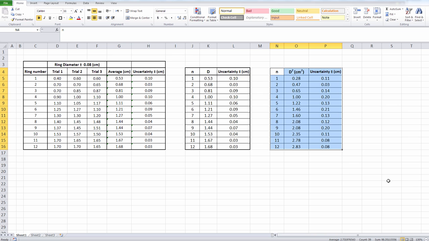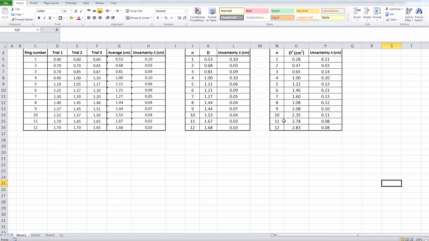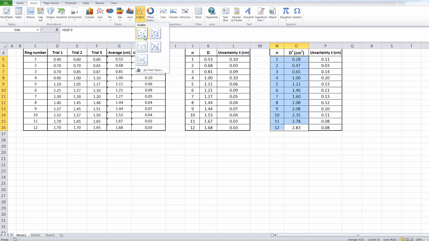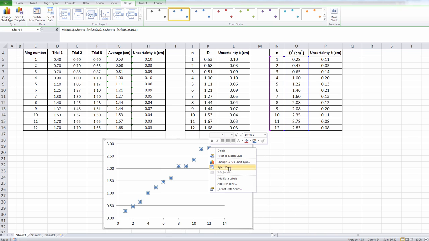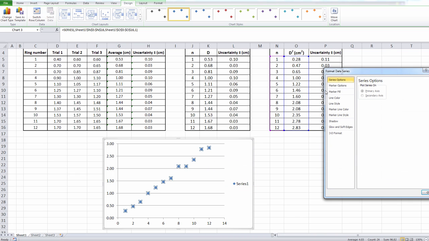Alright, we're almost finished with what we need to do for this lab, in terms of graphing. Next thing I have to do is graph this by going to Insert, Scatter, right click on my set of data, go to Format Data Series. Again, I'm going to do what I did last time. I'm going to use circles, a size of 4, color solid, black. I am going to go to marker line color and then go for no line, and